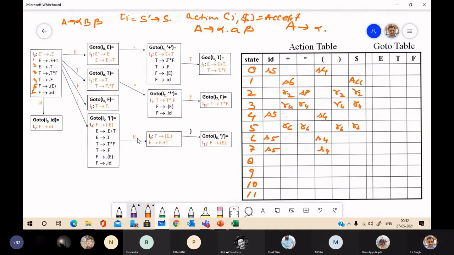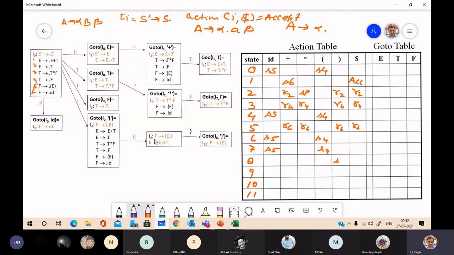Now state 8. In this state 8, we have an closing bracket, so action on closing bracket is shift.